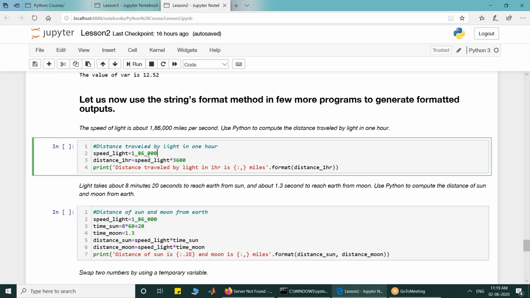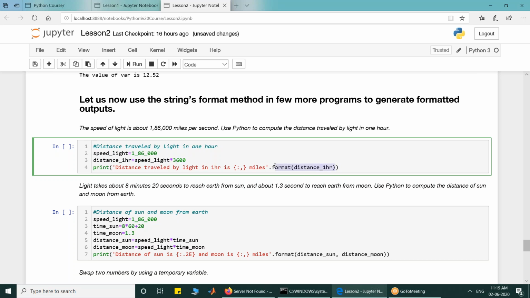So I have written 1,86,000 separated by underscores. This is 186,000. I can also write it without underscore. This is one and the same. So if I write underscore, that is okay. Then I have multiplied it with 3600.